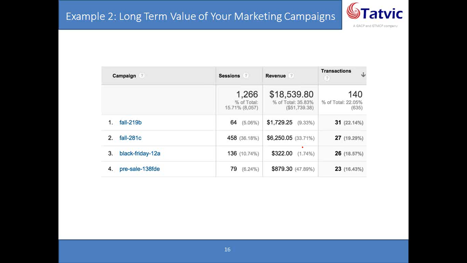I can clearly see that my campaign, Fall 219B, has produced the maximum benefit because the conversion rate is so high, equivalent to 50%.